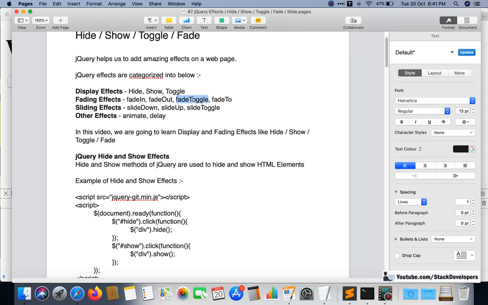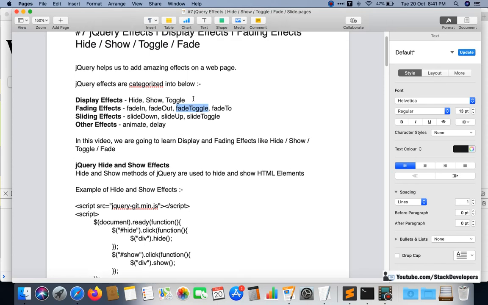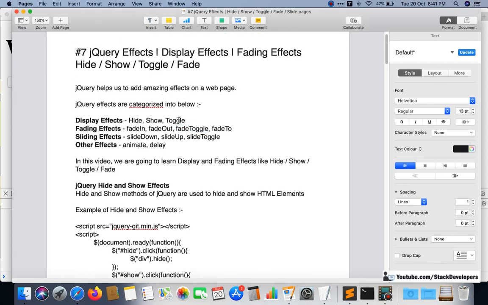And fade toggle, now this is the fade toggle, like I am saying, one HTML element is coming and going. Okay, it is similar to the toggle, like a banner first fades in, then fades out, then you have no need to use both the fade in and fade out effects, you will just use the fade toggle. Like one banner you want to come and go away, like some text you want to come and go away, not only a banner. I will show you with the example. Okay, then you will use the fade toggle.